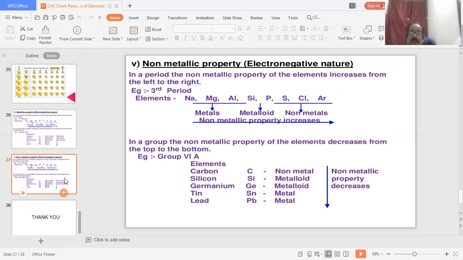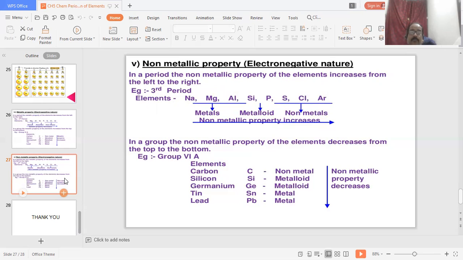For example, in group number 14 the members are carbon, silicon, germanium, tin and lead. So carbon is a non-metal, silicon and germanium are metalloids, and tin and lead are metals. So in this order, when we move top to bottom, the electronegativity properties or nature decrease. So this is the fifth and last point